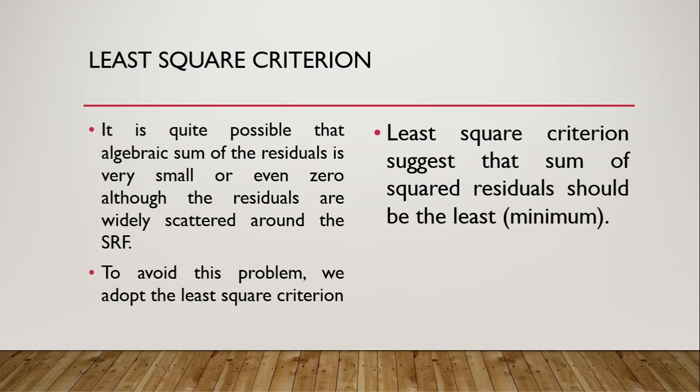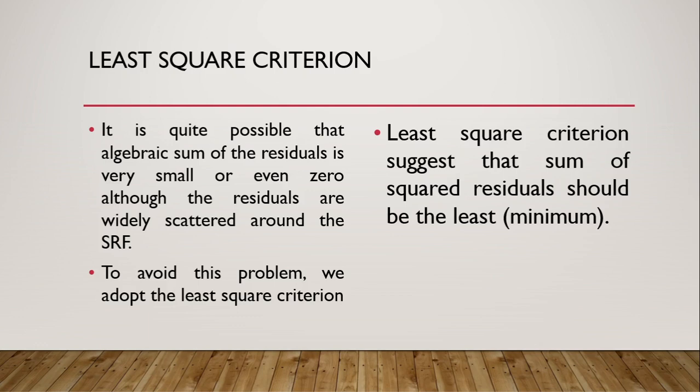We usually use the least square criterion. Here, rather than trying to minimize the sum of the residuals, we are trying to minimize the sum of the squared residuals. We square the residuals and add the squares of the residuals together. Then all negative u values become positive when we square those terms, and the sum will not be 0.